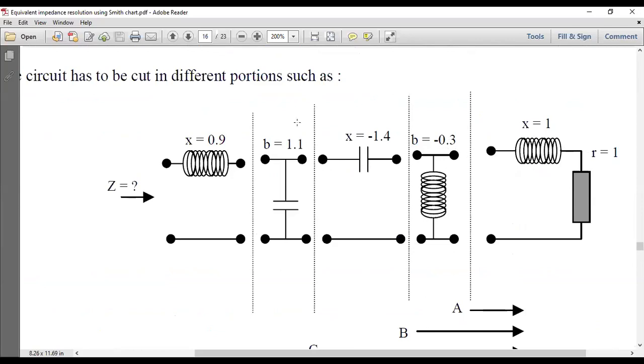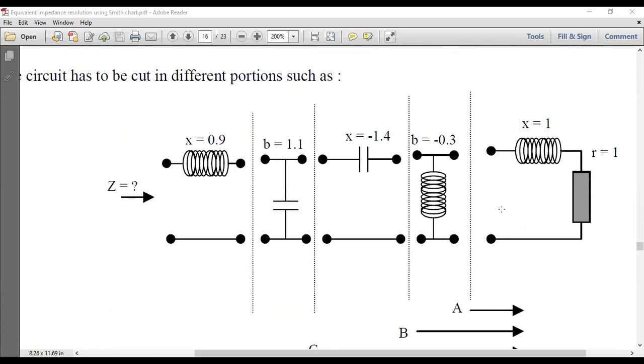What is this element? This element is in parallel. These elements are in series. So what do we have to convert? This is impedance. And this is not impedance, it is part of the admittance. This Y equals, we know, G plus jB. So this impedance we have to convert into admittance, and then we can add. So how to convert to admittance?